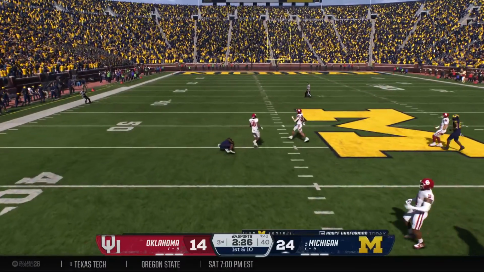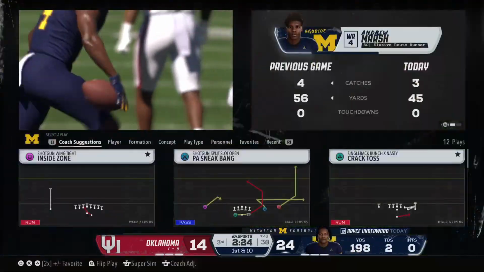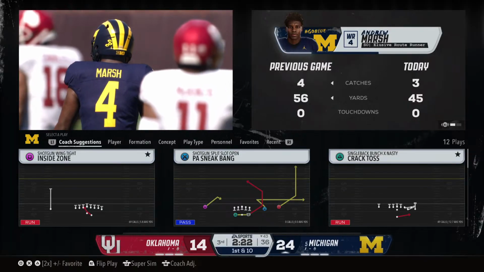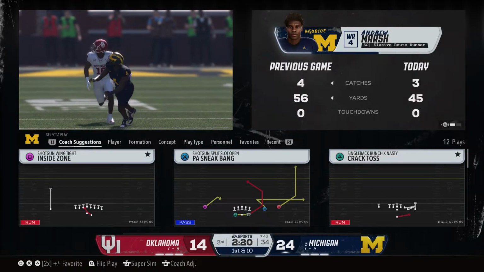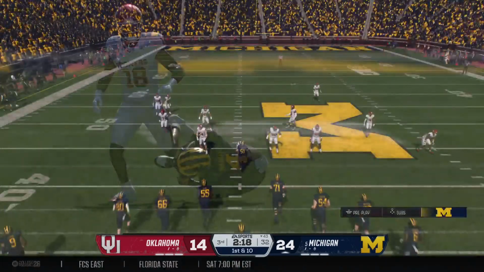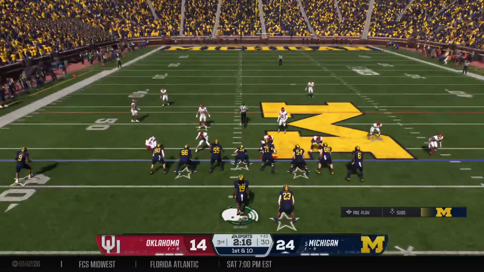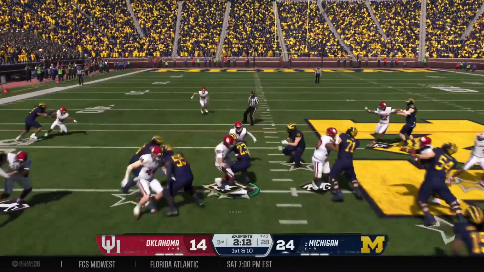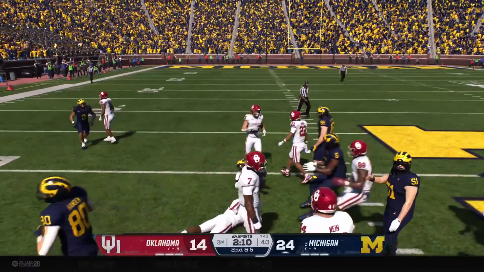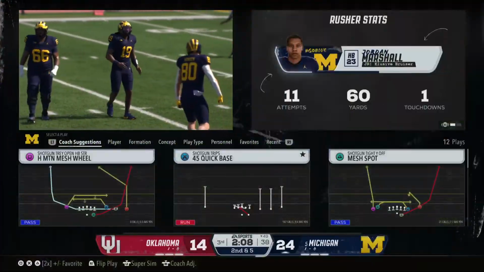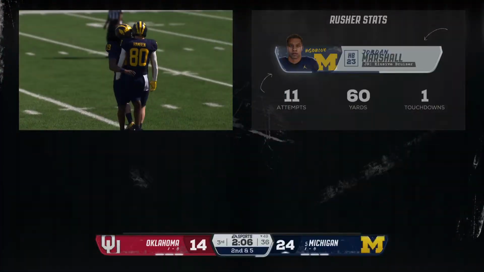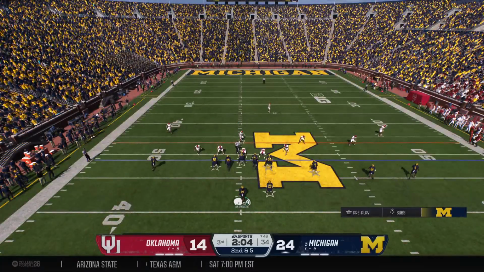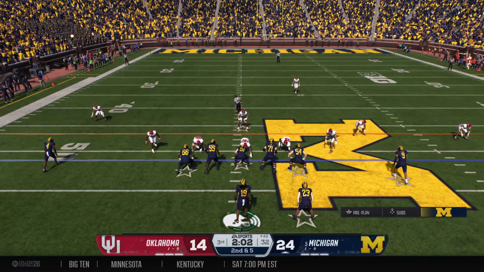Unloads it left. Just flying through the air. Andrew Marsh beat his man off the line. Bryce recognized it, got a quick pass to him, and they just wanna give this guy a chance to make a play on third down, and more times than not, he is going to deliver. And he's so good, so efficient, such a good route runner. Got the speed, got the complete game. And especially on those downs that matter the most. If something's not open quick underneath, find him. He'll make those contested catches.